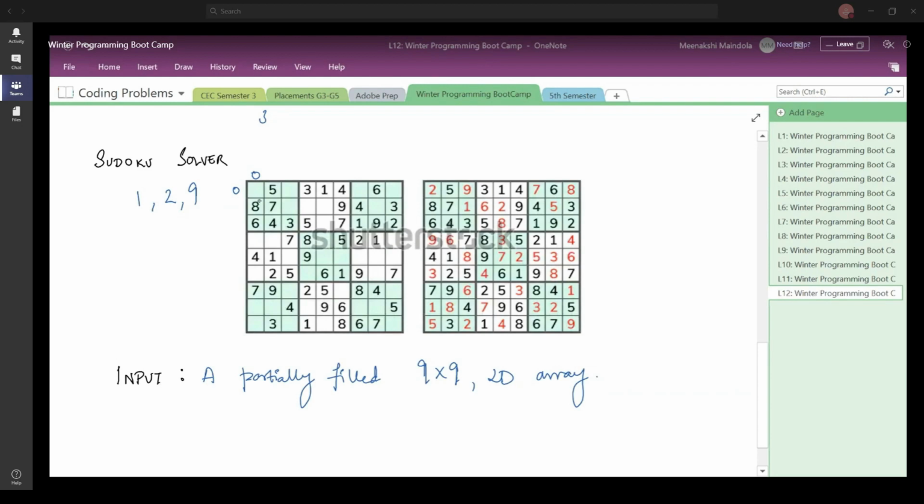Now what I want to do here is try 1 here. I try if I can fill 1 here or not. Again, I cannot fill 1 here because in this particular row I already have 1. So this means that 1 cannot be filled in this row anywhere. 1 cannot come here, here, or here. So the only position that I have left for this subgrid, or this submatrix, for the element 1 is this. So I fill 1 here.